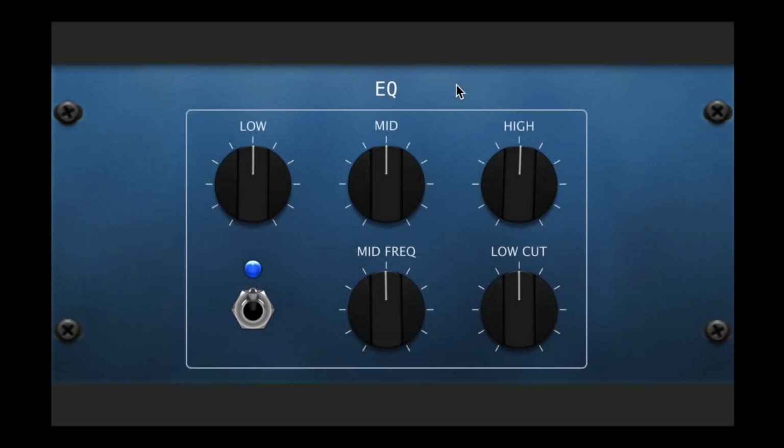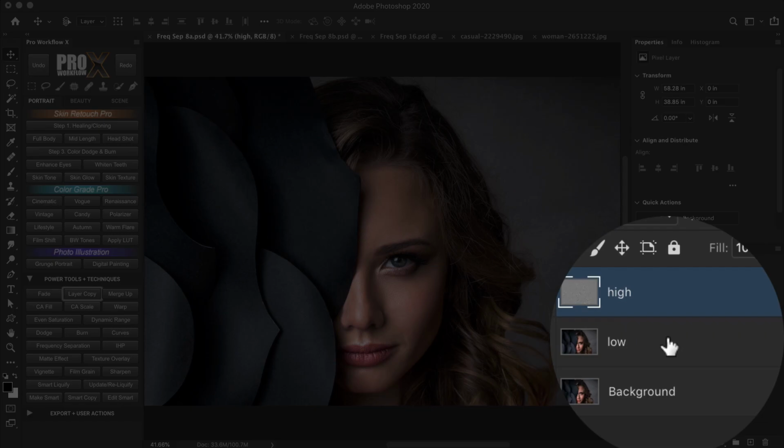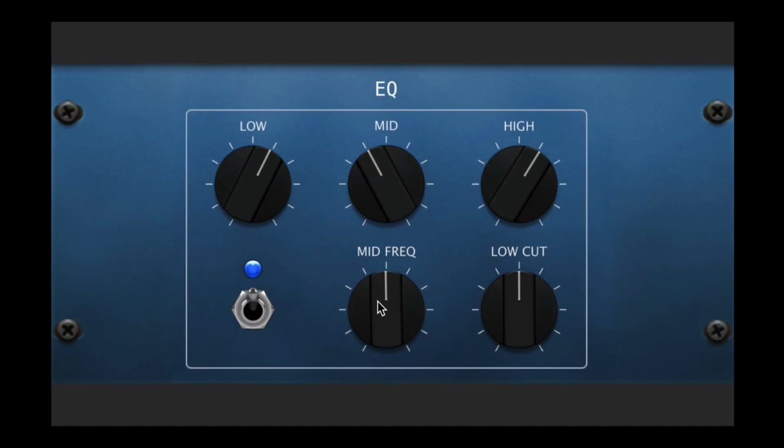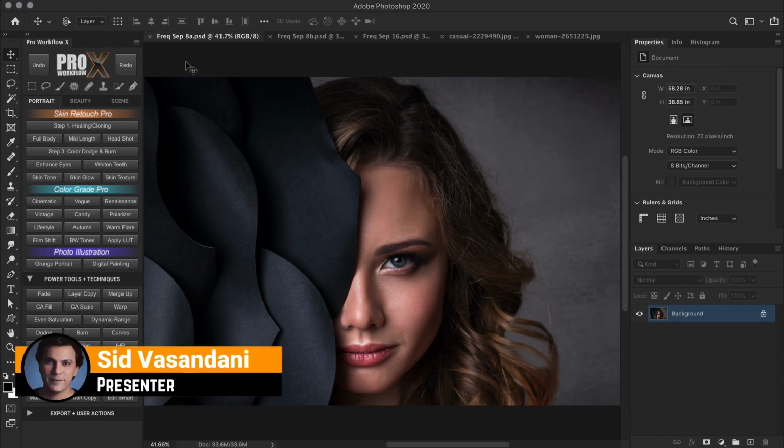Just like sound frequencies which are easy to identify with the bass, mid and treble controls, a digital image can also be split into a high and a low frequency layer. But wouldn't it be great if you could control the midtones like in a 3 or 5 band equalizer? Well, in this video we are going to see how exactly the mid frequencies of an image look like and